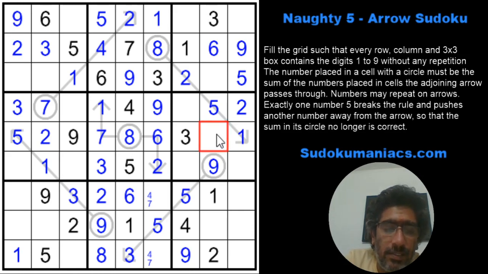And the last digit here would be a 4. So that's a 4. 4 is logged in these two. 4 is not here. So this becomes a 4 because there are only two digits missing in column 2. So that becomes my 8.